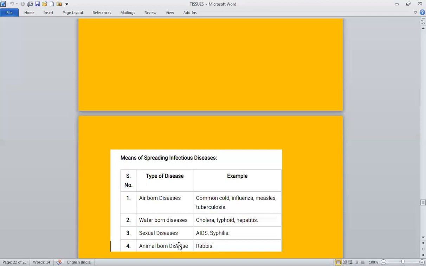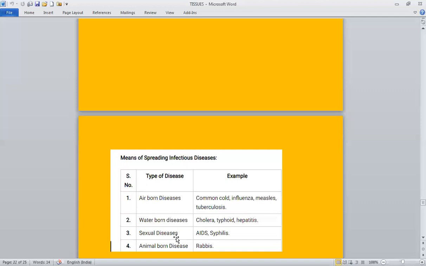Then through physical contact or through sexual contact, many diseases spread through physical contact also. When we come in direct contact with the infected person, or the items used by him such as towels, soaps, comb, clothes, these things of the infected person may be carrying germs, and when a healthy person uses all these things, he may get infected. So we should try not to be in physical contact with the diseased person.